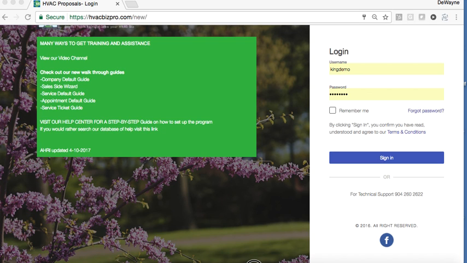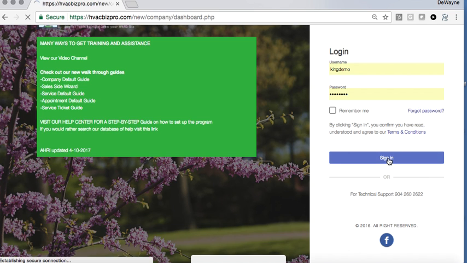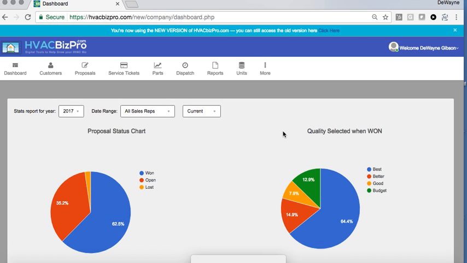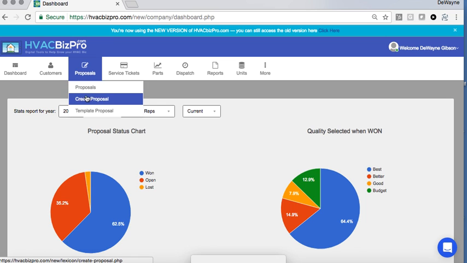This video is to show the dealer user how to use the program to walk through a template or a customer proposal in the admin area. I'm going to log into the admin, and this is an admin account. I'm going to scroll up to proposals. We're going to click create proposal,